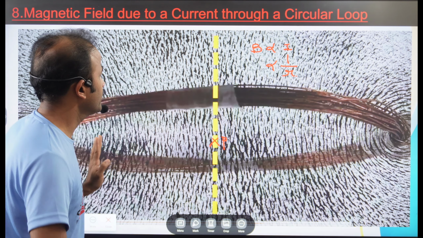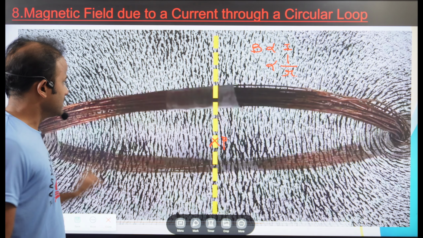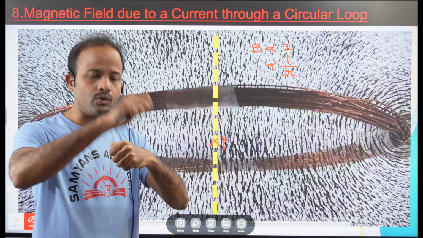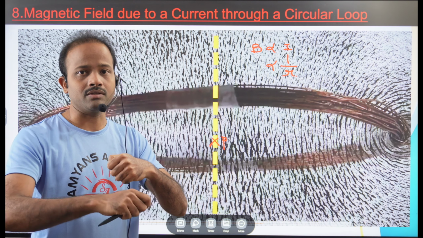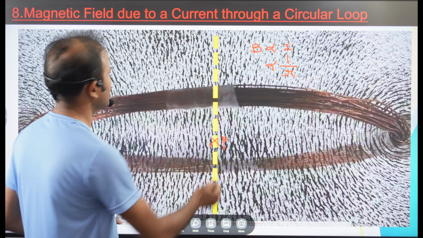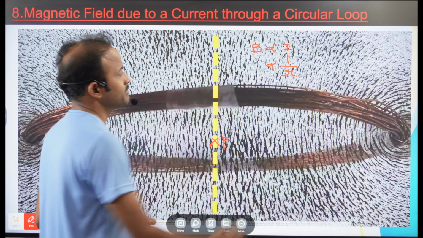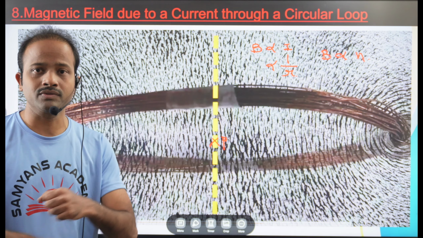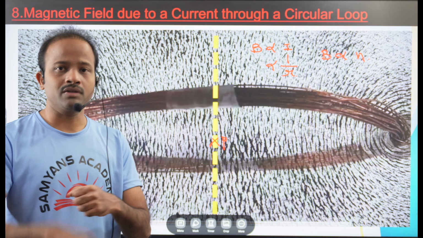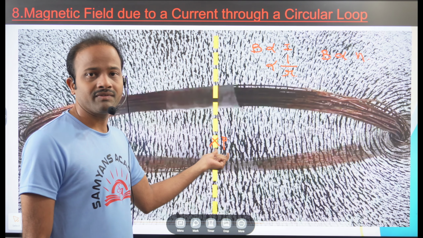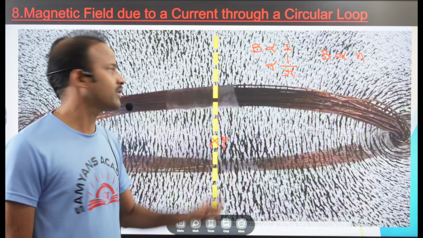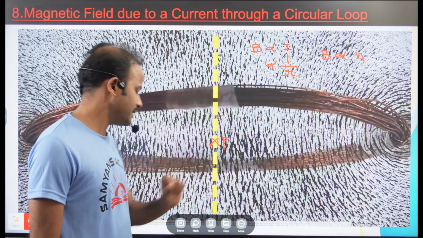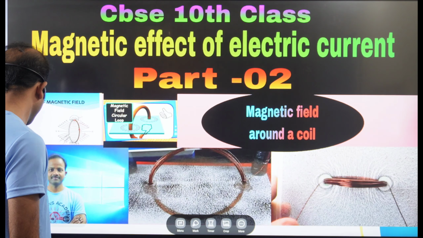Now, it also depends on the number of turns, how many turns you are taking, while winding the copper wire, how many rotations you are making. Number of rotations means number of turns. The magnetic field is directly proportional to the number of circular turns. If you take more circular turns, we get more magnetic field at its center. If you take very few turns like this, we get only a small magnetic field at its center. From this observation we confirm that